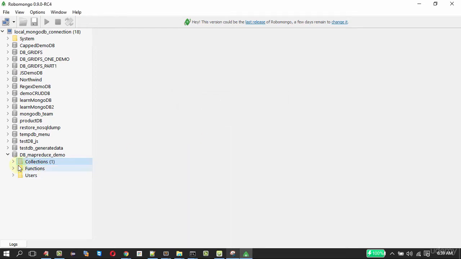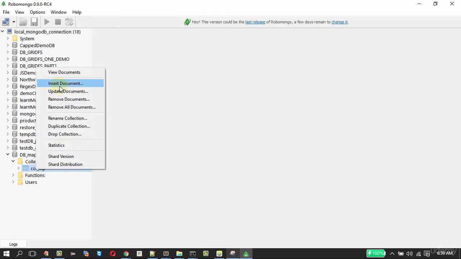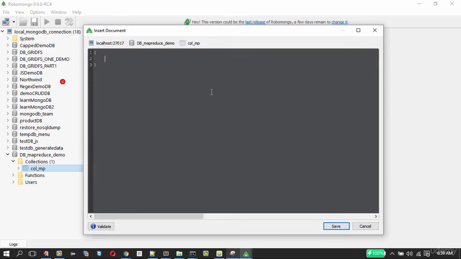I've created a collection. Next step is to insert documents into this collection. I'm going to create a simple document having some student details. So this is going to be the structure of the documents in our collection. We'll be having a student ID field, student name field, total marks, and the year.